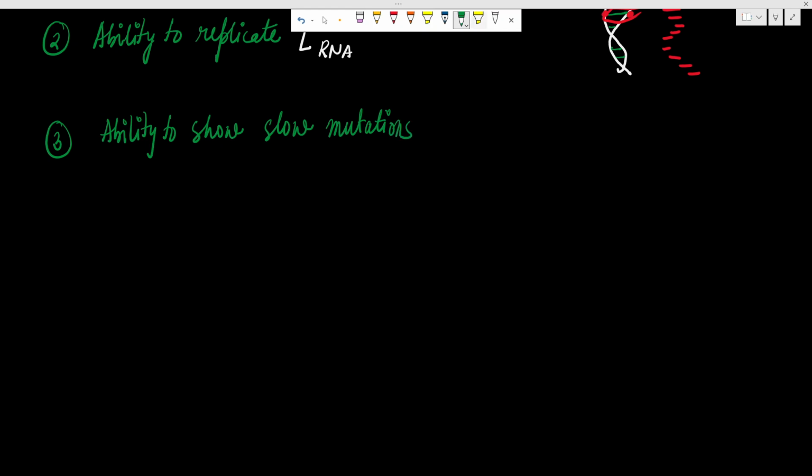What does this mean, children? Mutations will occur, but it will occur slowly, not very fast. So as we all know, DNA shows mutation. Of course it will show mutation, and that too very slowly. But RNA